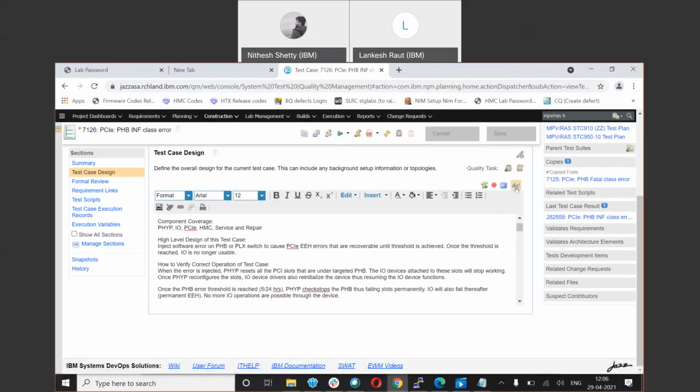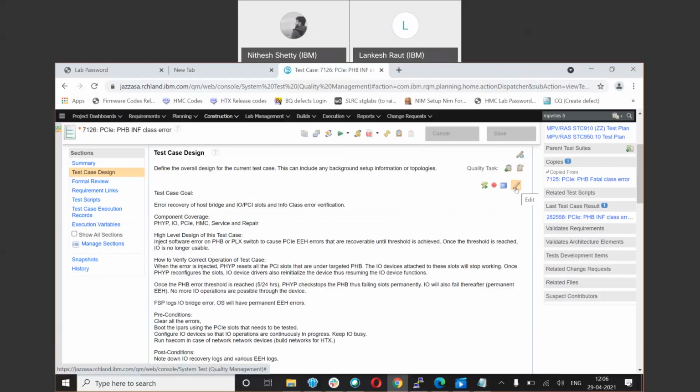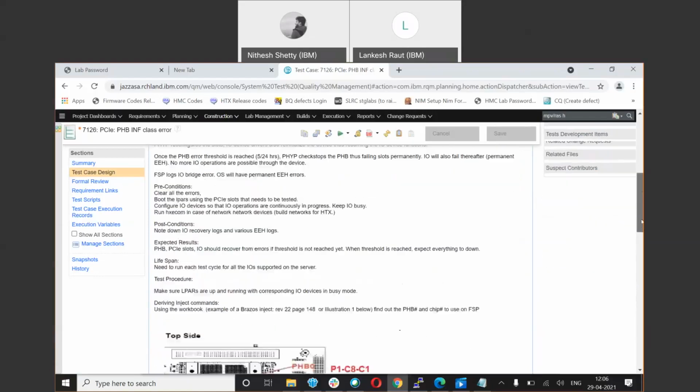You have to keep monitoring continuously whether we are reporting any error logs. Our main source of information is the error logs, errpt -l, where we will see all the SRCs reported. And in this test case design, if you want to see how the previous guys did it, what you can do